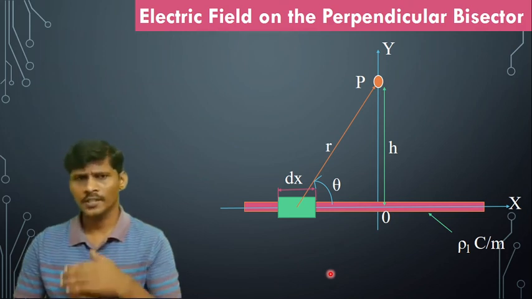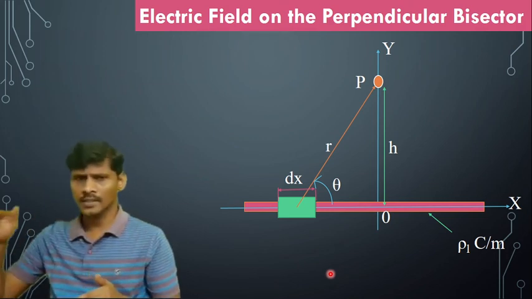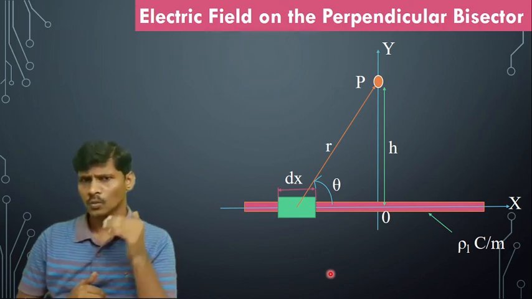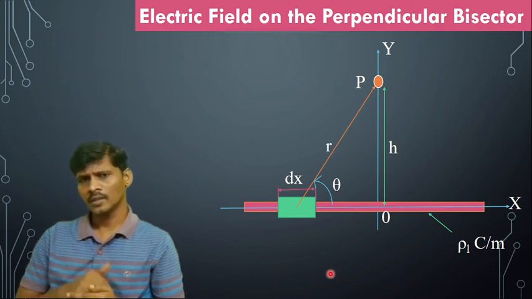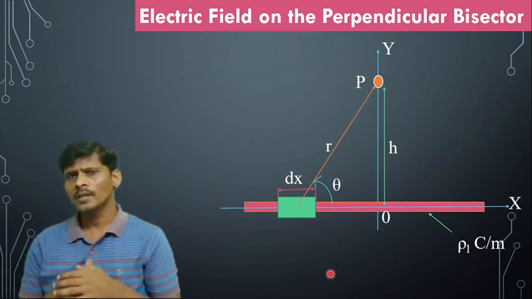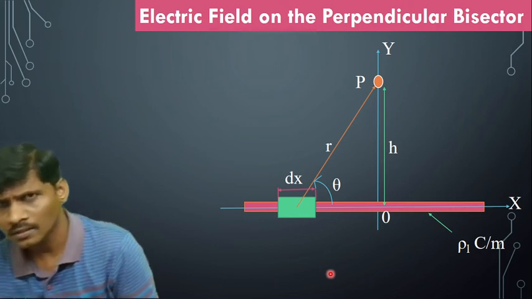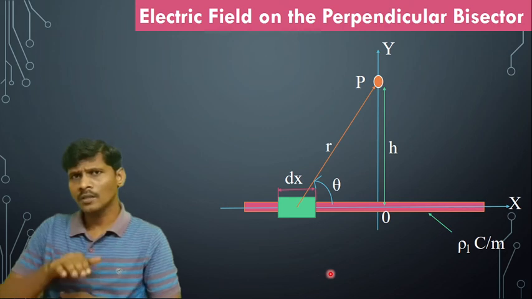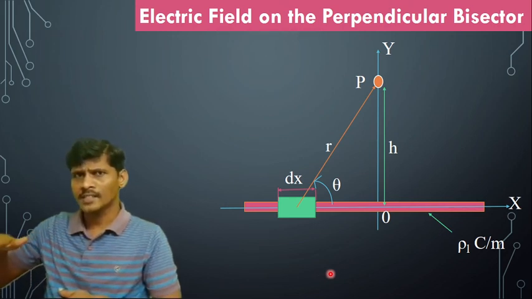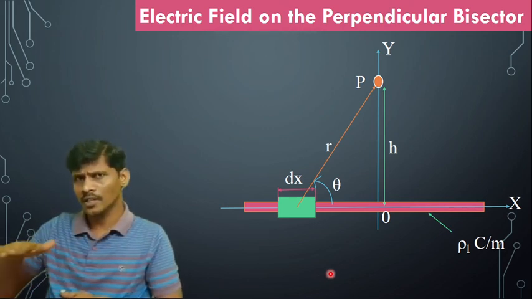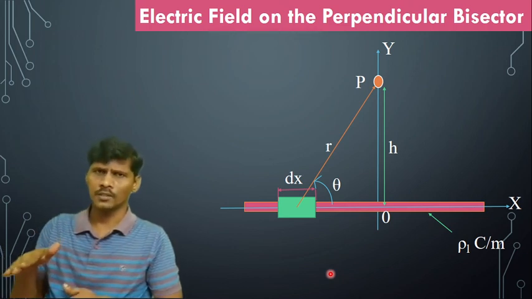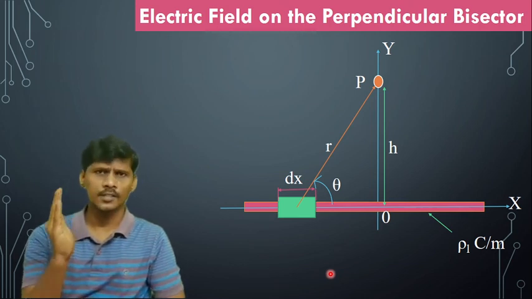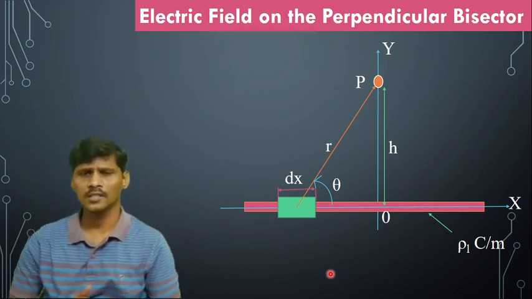In this case, there is no electric field intensity along the x-axis direction. The electric field intensity is calculated on the y-axis, so only y components are considered. Now the finite line charge is arranged on the x-axis, and because of that, along the x-axis direction there is no electric field intensity. The electric field intensity exists only perpendicular to the line charge, so only y components are considered.